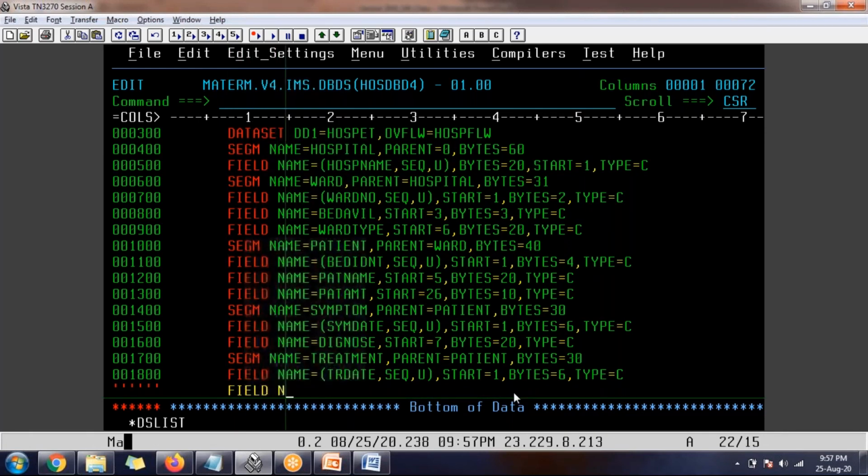What will be the start position here? 7. What length can I give? I can give 20 bytes, type is equal 6.